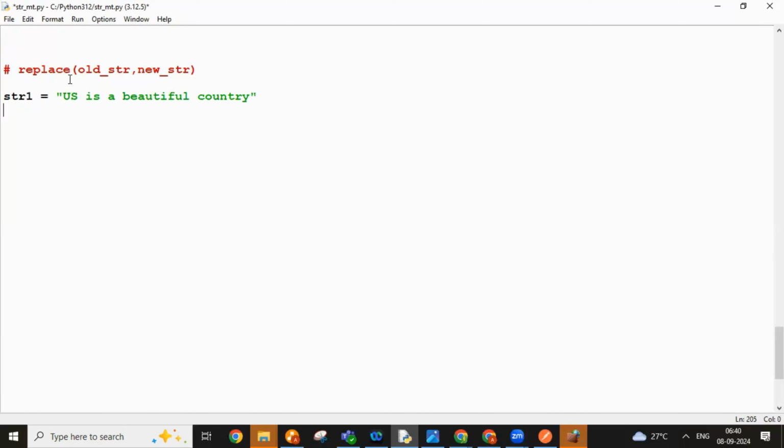So there is a string1, and what I want to do is replace a word. I'm not okay with the US word. Instead, I want to replace this with India, for example. Whenever you want to replace something, we use the replace method of string. So how do we do that? Simple: str2